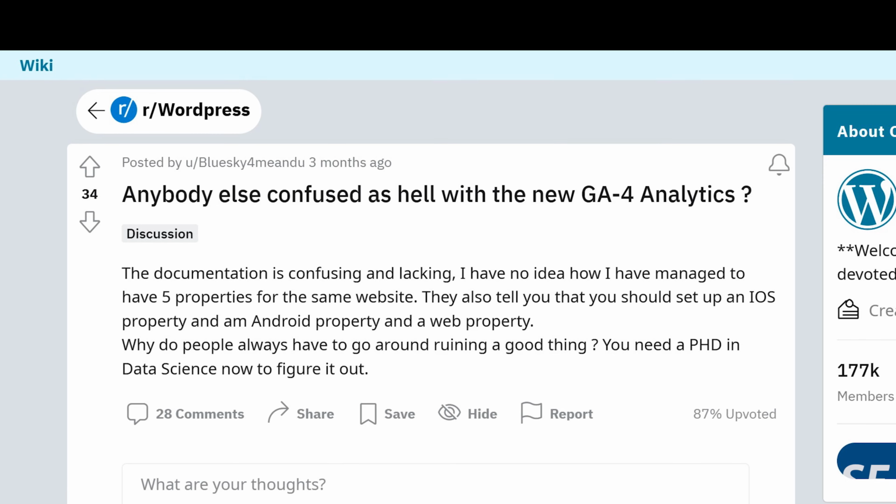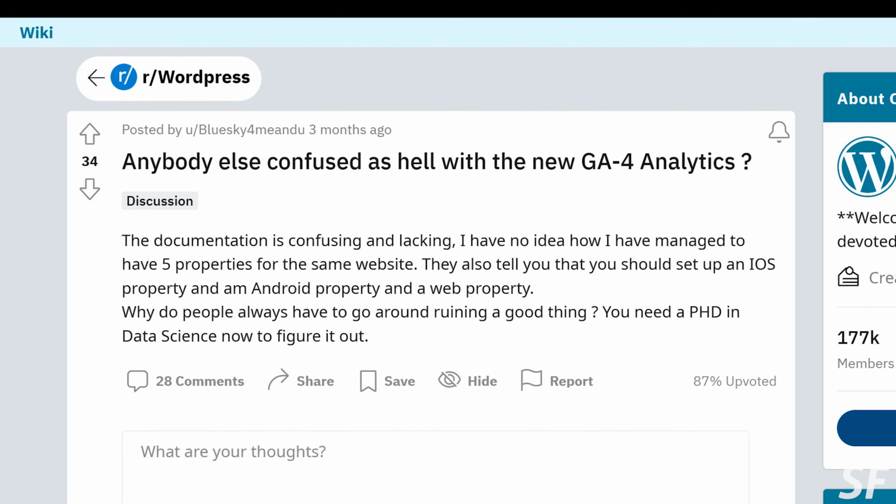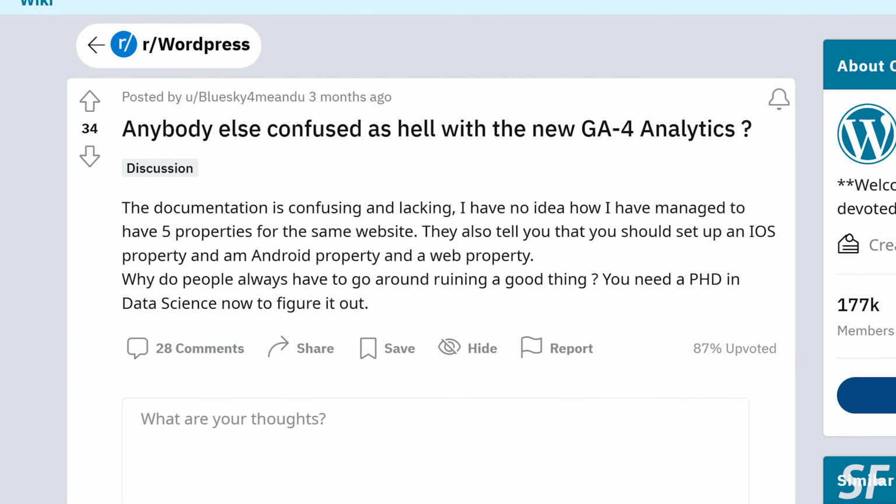Google Analytics 4, if you look at the feedback online, generally lower level users are very unhappy with the platform. Power users, those who do analytics professionally for a living, those who've got access to data teams and visualization software that plugs into it, are often quite happy with Google Analytics 4 because they've typically got the time and the capacity to learn the ins and outs of the platform, or they've got the technical capabilities and tools to actually take the data out of Google Analytics 4 and then report on it and visualize it better. And as far as a data collection platform goes, Google Analytics 4 is superior to Universal Analytics,